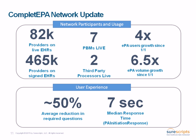with most of those set to go live by the end of the year. On the other side of the network, we have 7 PBMs live right now that account for just about 85% of covered lives. And in addition to the PBMs, we have third-party processors live, like Agadia, who you'll hear from later. And what those two sides of the network mean is the left side, the EHR side and doctor side,